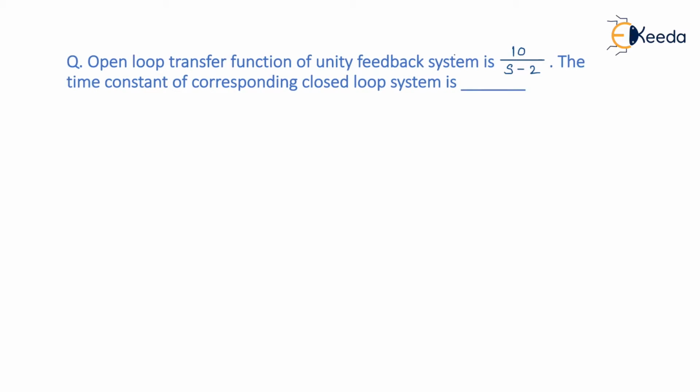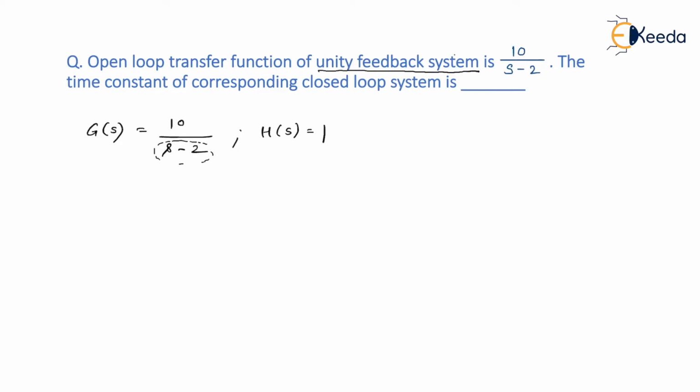So try to understand what they have given us. Our transfer function, that is nothing but g of s, is equal to 10 upon s minus 2, and of course h of s equal to 1, because they have specified it is a unity feedback system. Am I right? Now with this, I can easily determine the highest power of s in the denominator of g of s. Since it is 1, I can say order of the system is equal to 1.